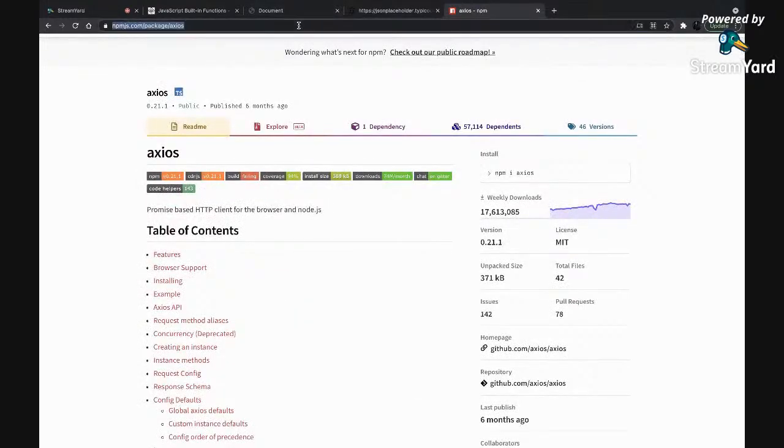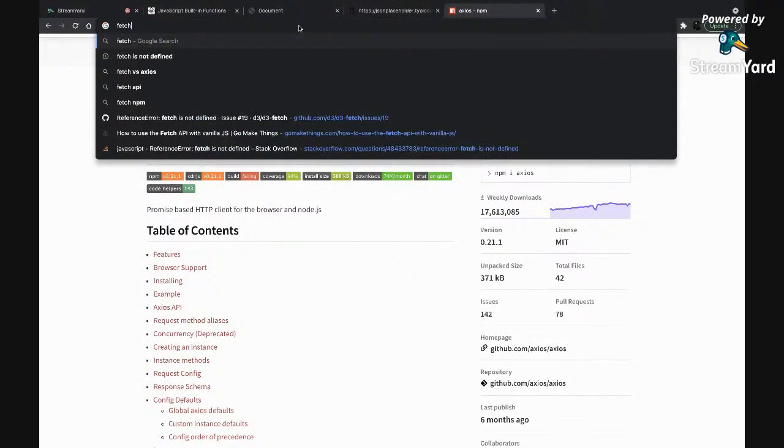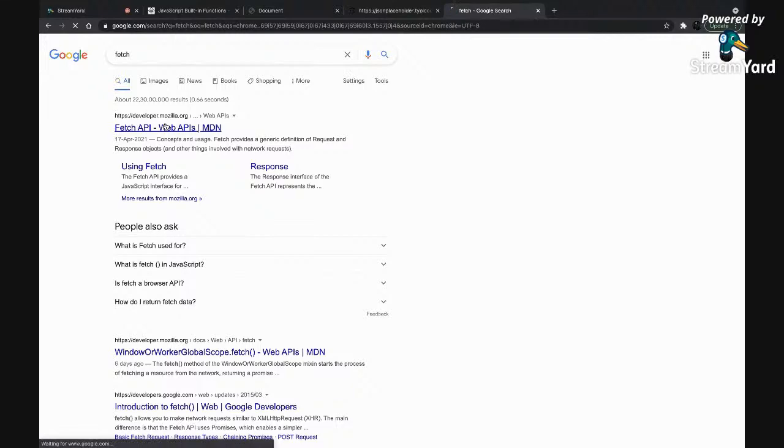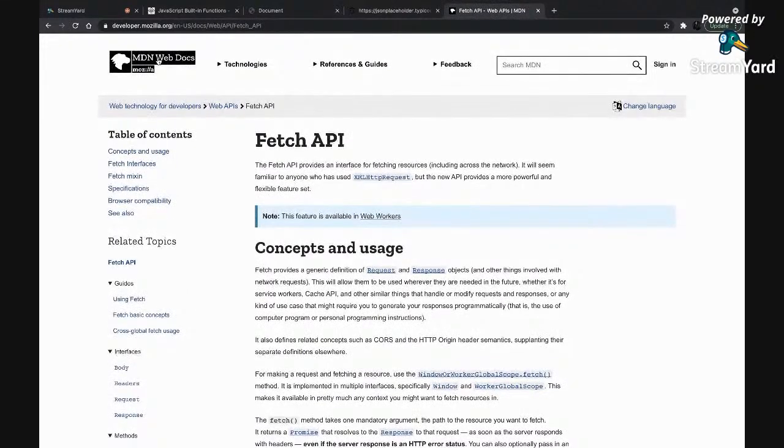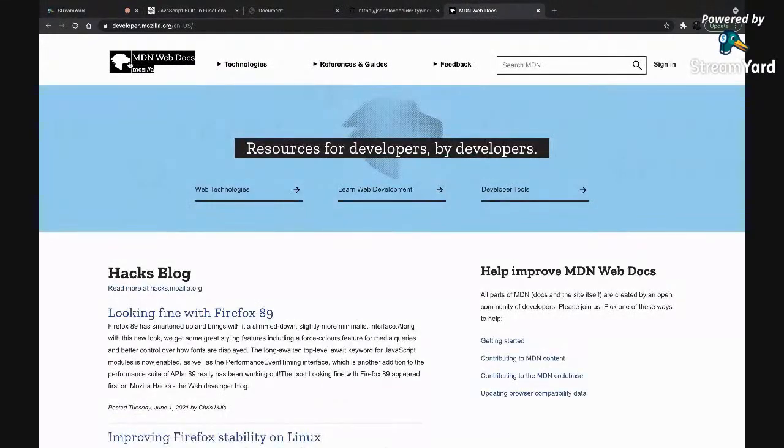Similarly, JavaScript also has something called fetch. Oh, I forgot to tell you about this MDN web docs. This MDN web docs is the holy Bible of web development.